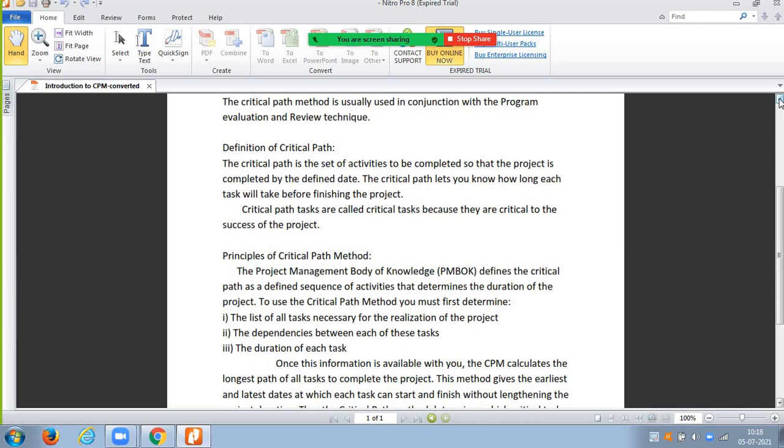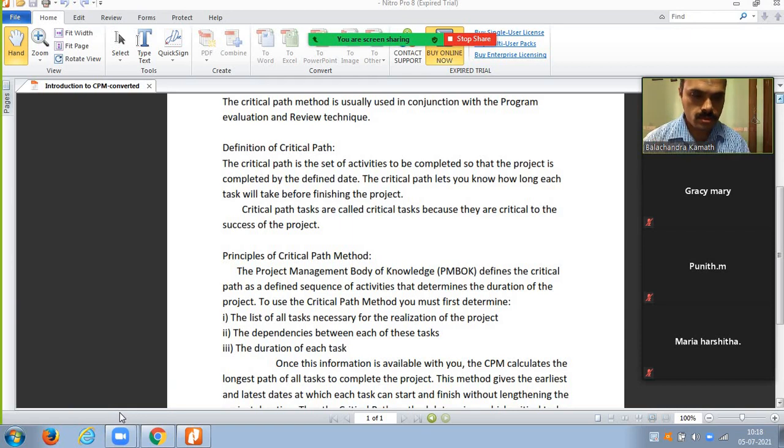There is a body of knowledge called PMBOK, the Project Management Body of Knowledge. Anything related to project management is defined by this US-based organization's body of knowledge. Now PERT, the Program Evaluation and Review Technique, and the critical path method are two tools for effective project